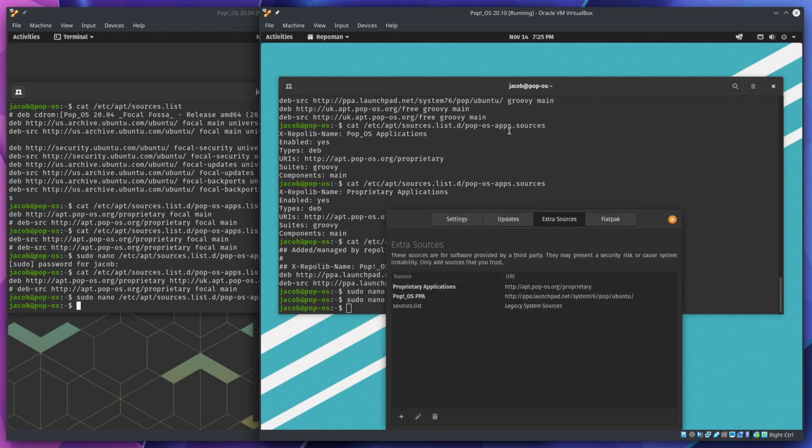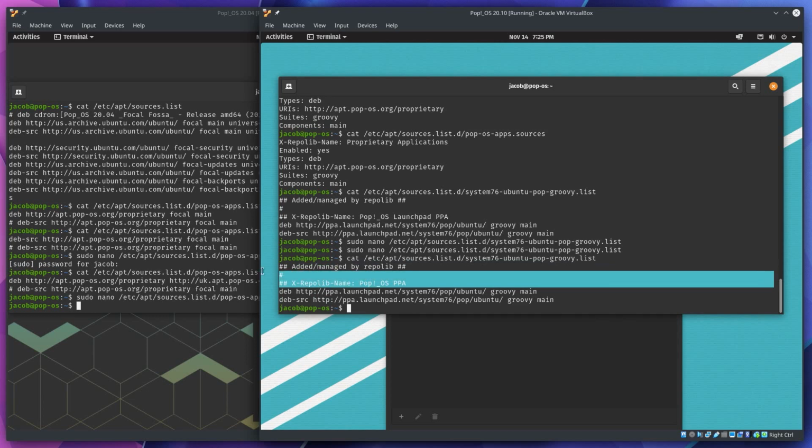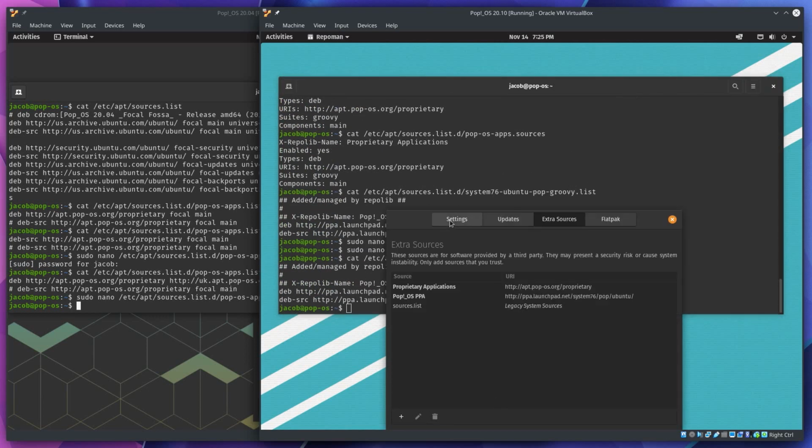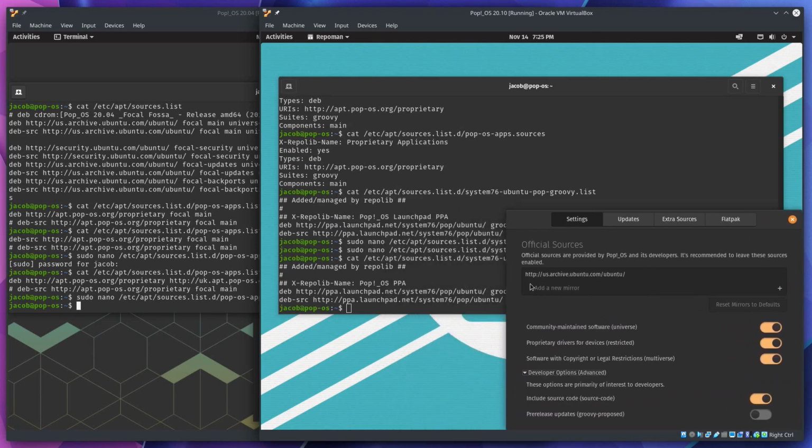I'm going to edit it one more time just to see if it's still handling that okay. Yeah, all right, so it's able to deal with that, but it's doing it in comments, once again, instead of just being able to add its own fields. So yeah, now coming back to the main page, there is one new feature in PopOS 20.10